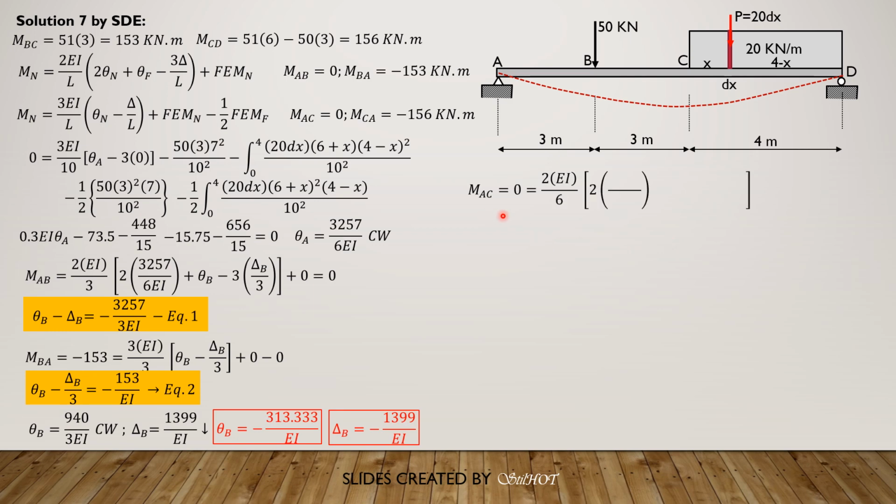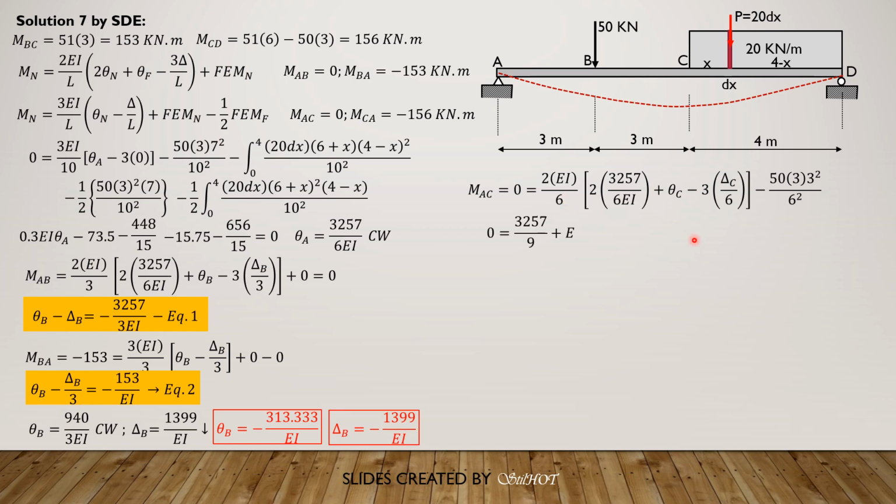Moment AC is 0, and because there is moment at C, we use 2EI over L, so 2EI over 6. Distance between AC is 6. 2 times theta A plus theta C minus 3 delta C over 6. Then fixed moment is negative 50 times 3 square over 6 square. That's the only fixed moment. And simplifying this, we have